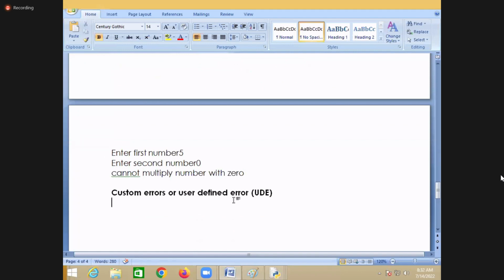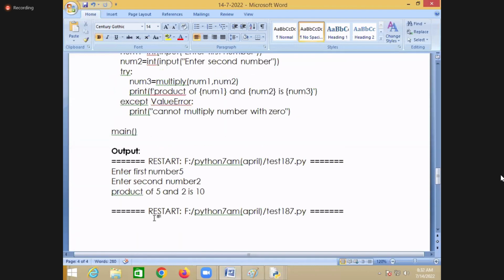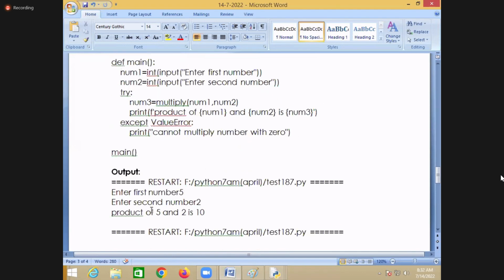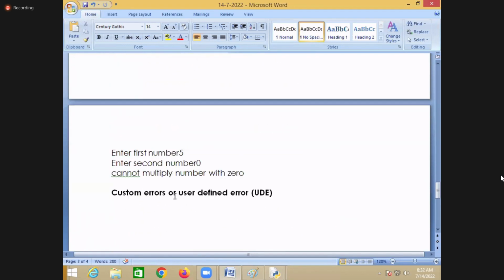Custom error types are user defined error types. Okay, this is how you are writing it. So what is the name of the keyword here? Raise. Okay, custom errors are user defined errors.